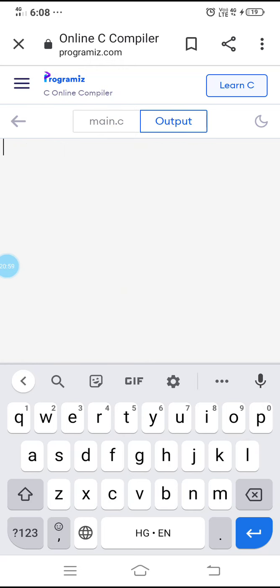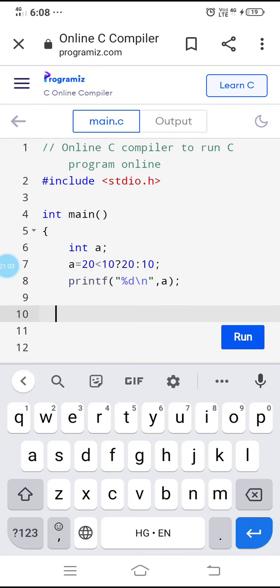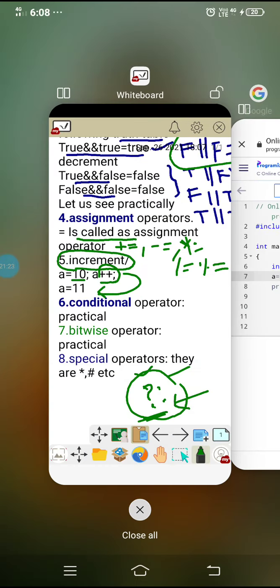Run it. The result is going to be 10, right? So simply, this is the conditional operator. Whenever the condition is true, the value beside the question mark will be stored in A. Whenever the condition is false, the value beside the colon symbol will be stored in A. That is the functionality of a conditional operator, right?